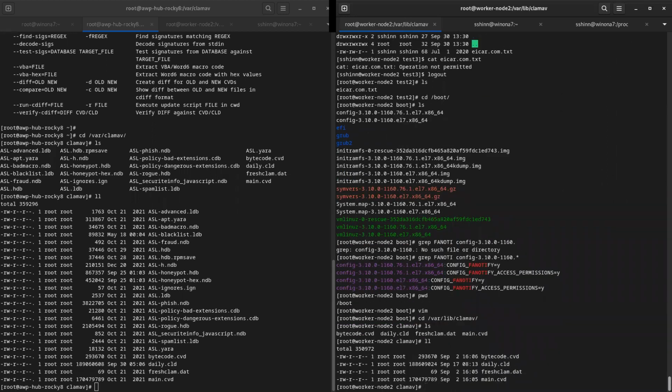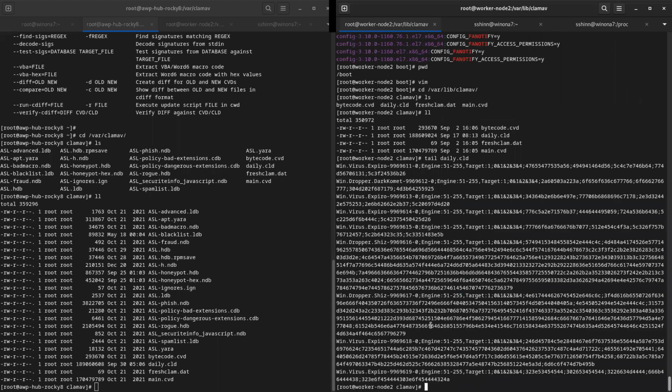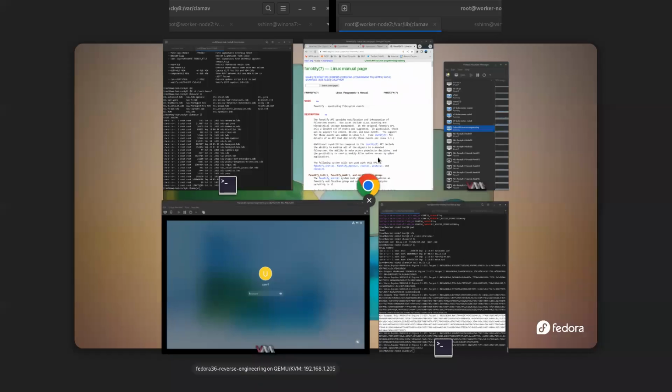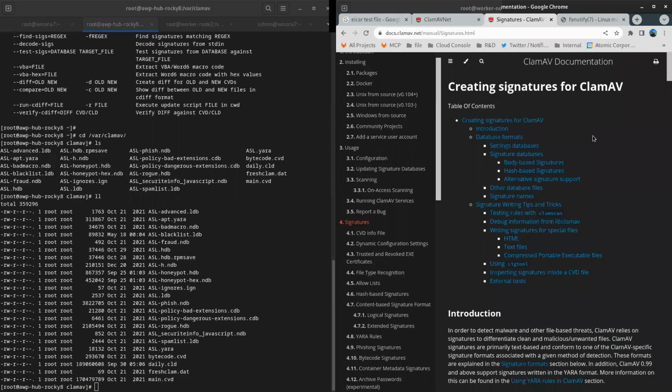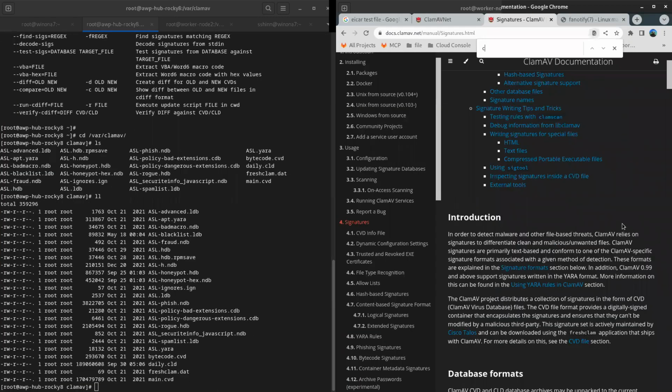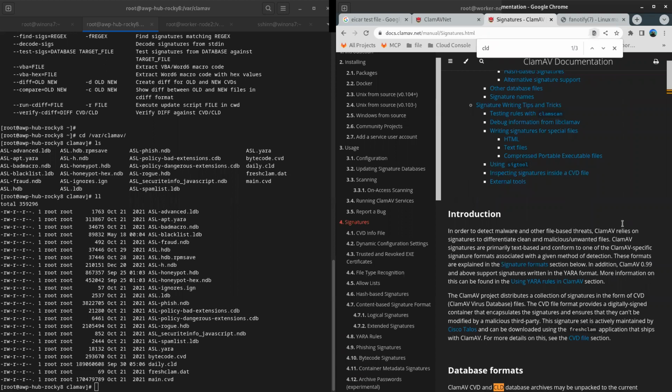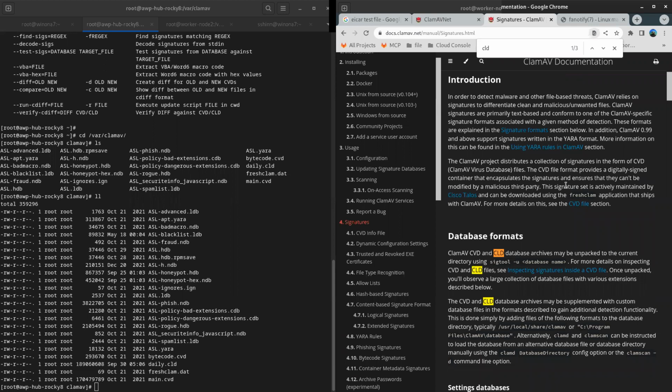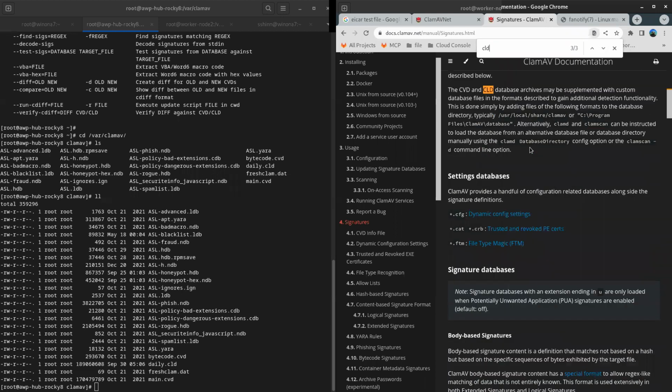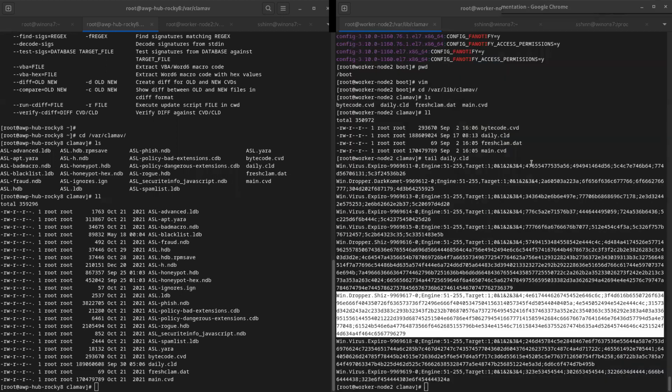Yeah, it's pretty simplistic, right? We have what's called the CLD and the CVD files, right? CLD signatures. These are going to be the more complicated of the two, and off the top of my head, I'm not going to try to guess. I'm just going to look. What are the CLDs mapped to again? I've been using this forever, and I couldn't tell you right away what the names all mean. I have a suite of tools I use to generate signatures, and I'll break some of these down here. So CLDs are just the database format. These are the more dynamic configs. These are the harder ones, air quotes, harder ones to write.